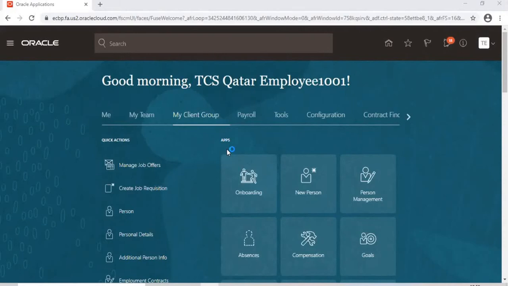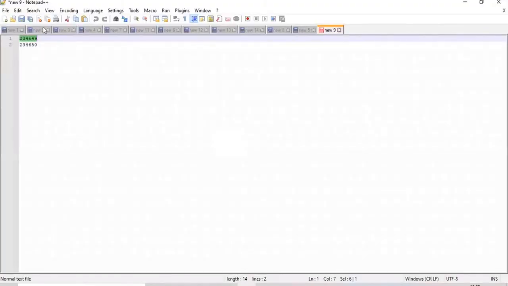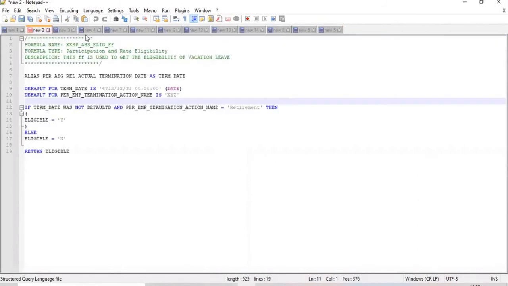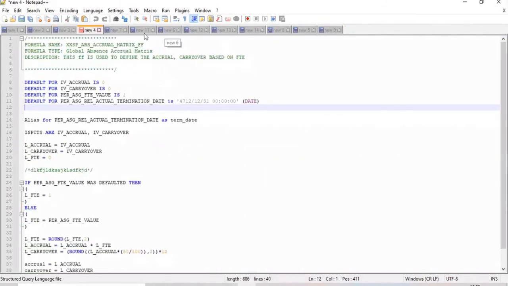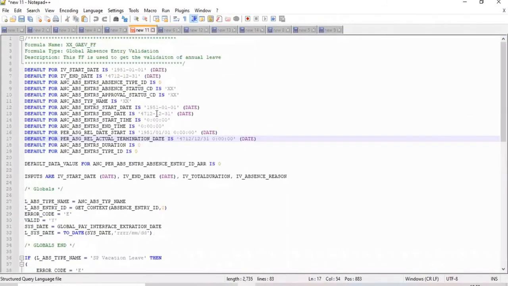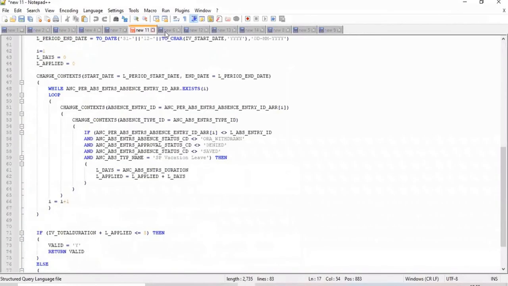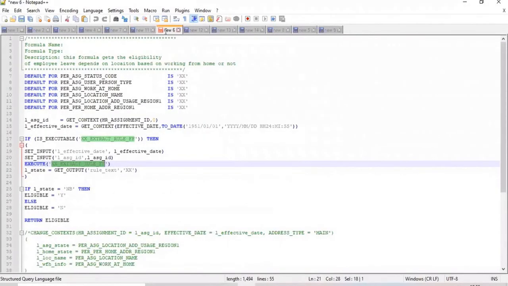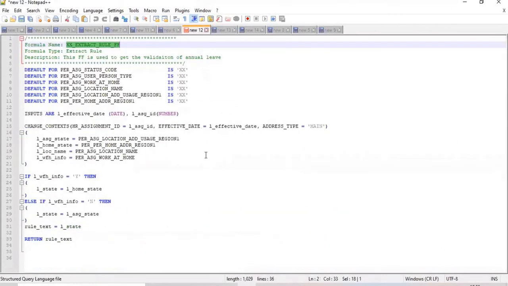Maybe how it works and how it... change context. This is calling a formula to another formula. Yeah, change context. See, the concept is,